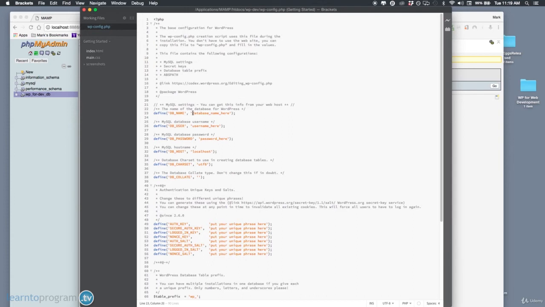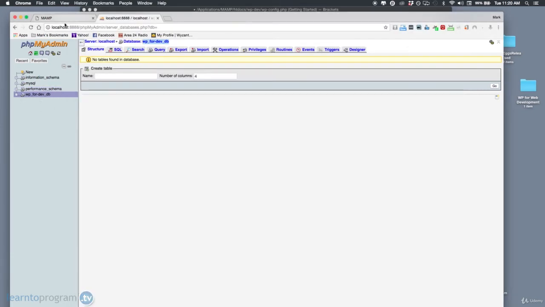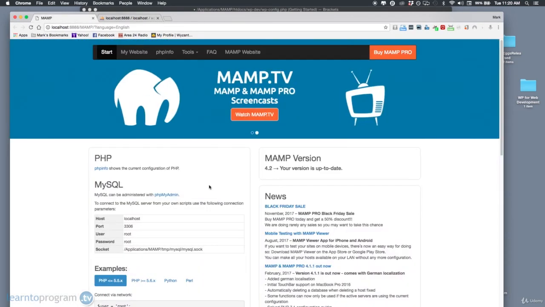What we need to do is highlight the database name, and then we are going to paste the database we created there. Database name, that is the one we created, and as you can see right over here that's what it is. And if I go back to the MAMP, you're going to see that there are a number of